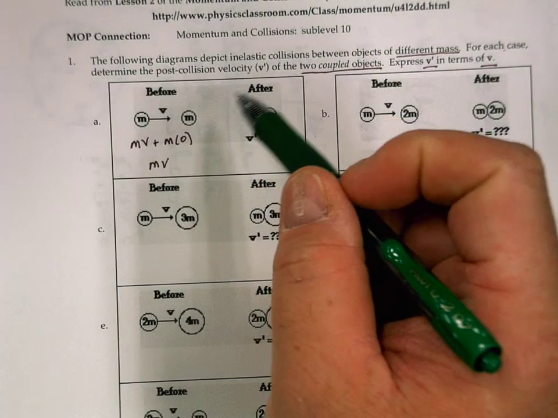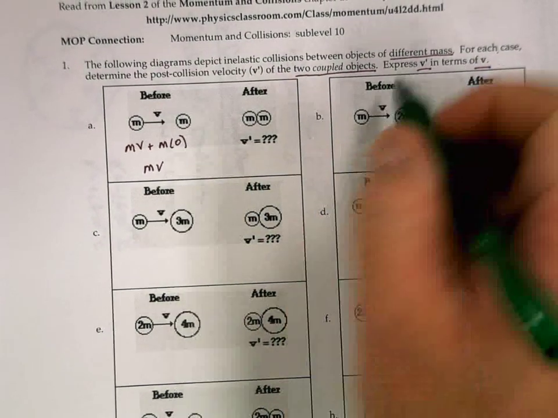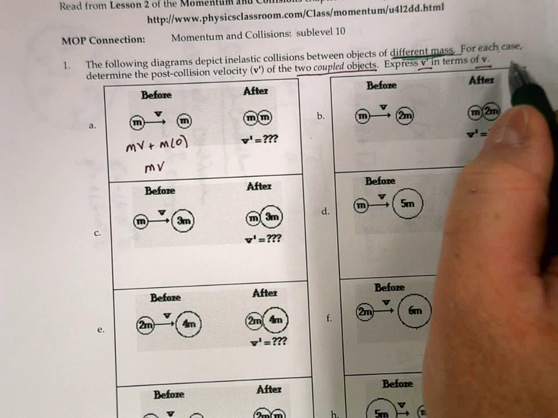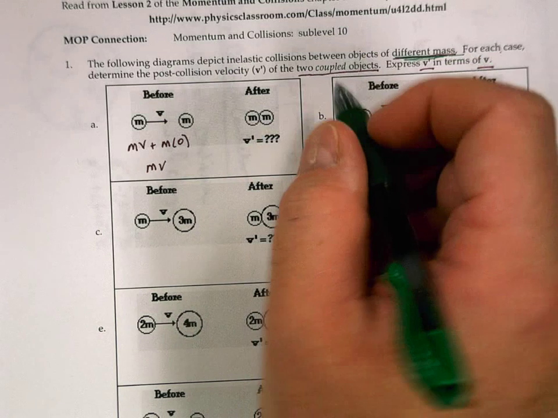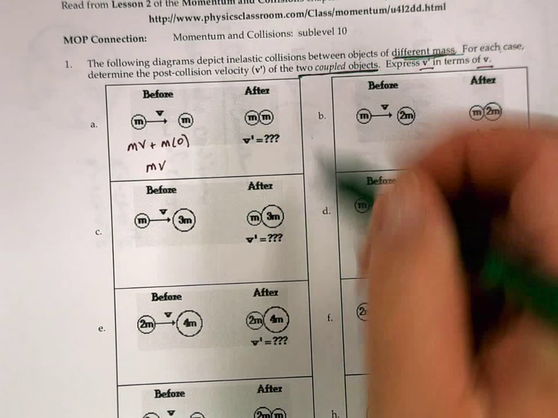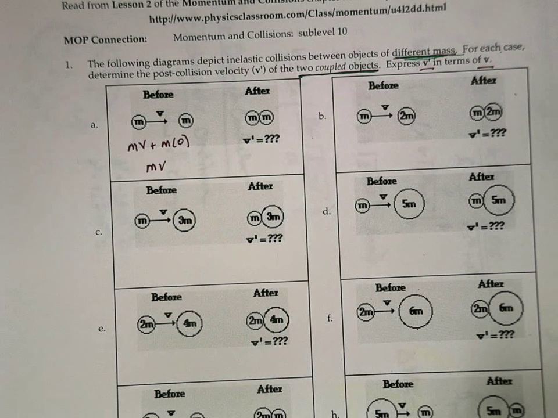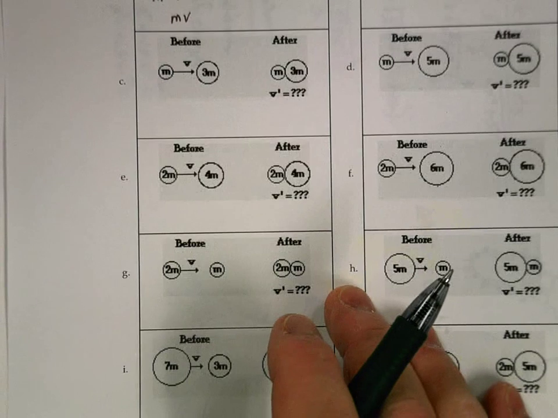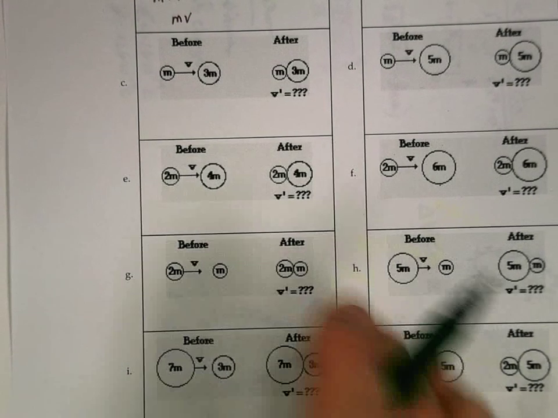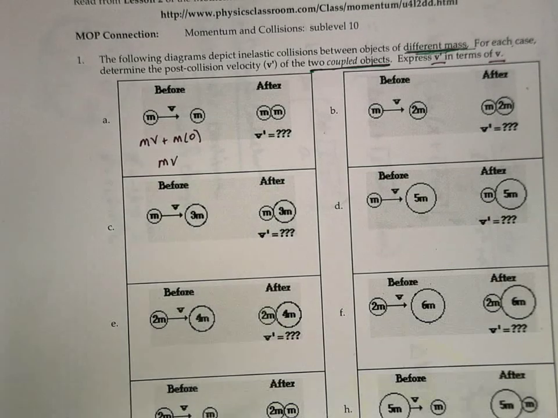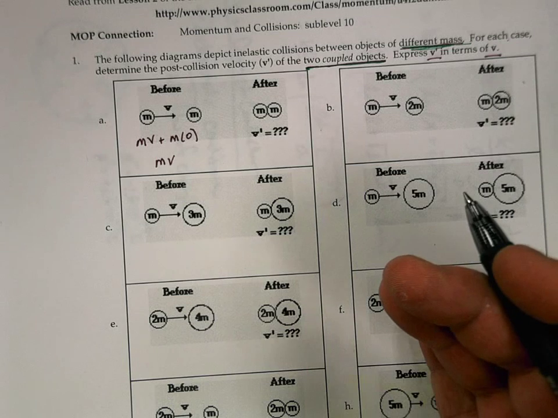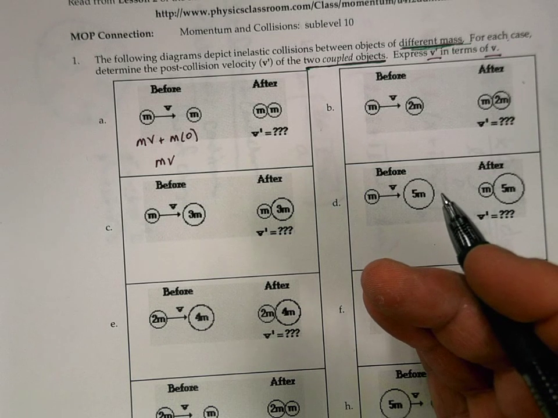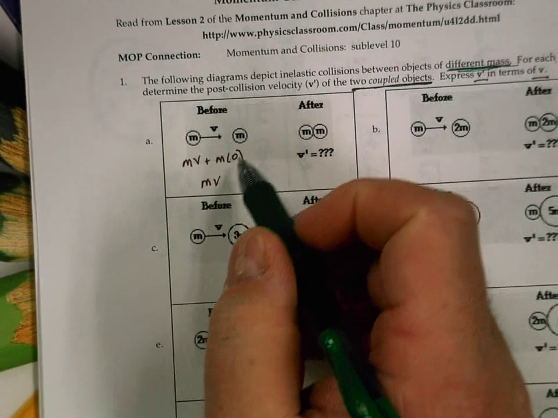Okay, so the diagrams depict inelastic collisions between objects of different mass. For each one of them, determine the post-collision velocity of the two coupled objects. So in all of these, the objects are sticking together, right? Look at the diagram. They're all sticking together after the collision. After the last page, this one should be pretty easy for you, except there's no numbers. So we're using just the letters here. So for this first one,